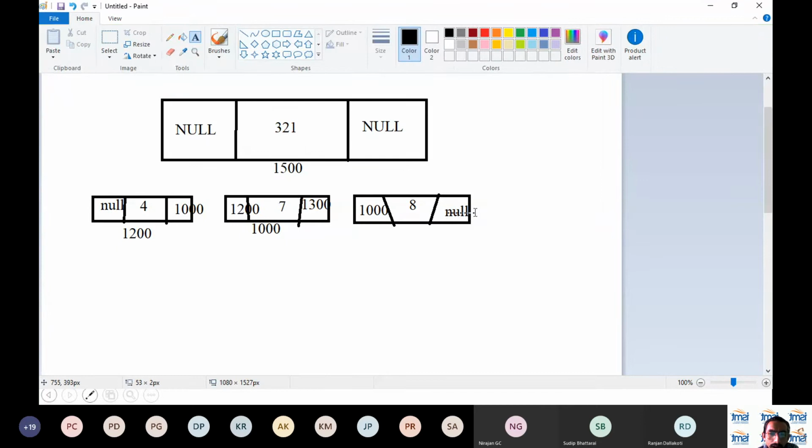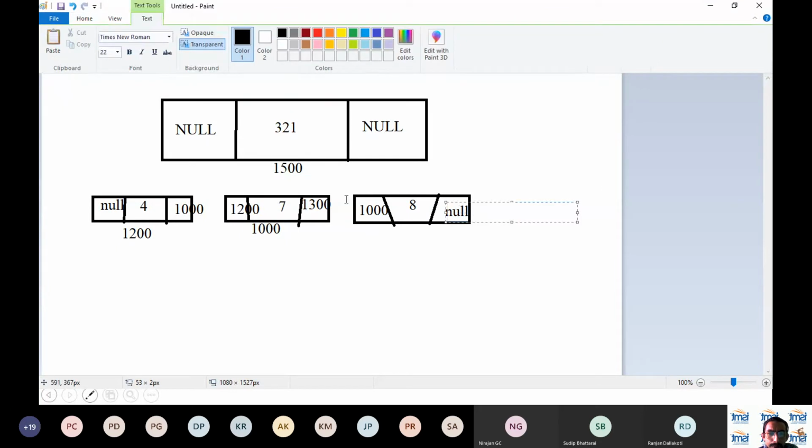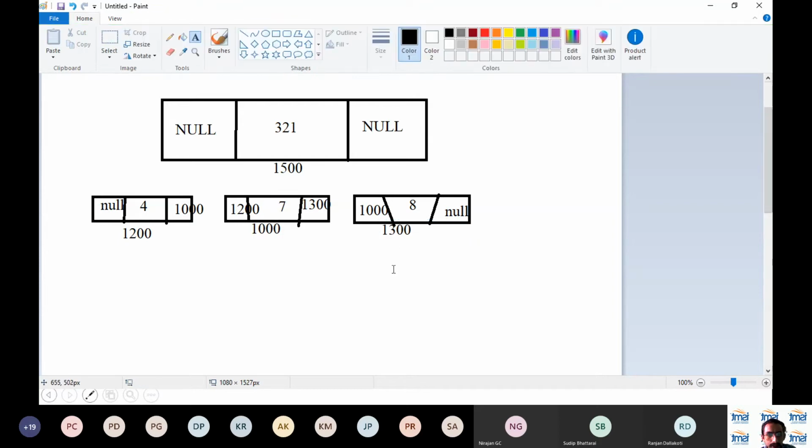We simply remove this null, the last null, and put this 1500 here. And then we also put the previous of this node. In its previous we also need to put the address. What is the address of this? 1300, right, 1300 is its address. And next